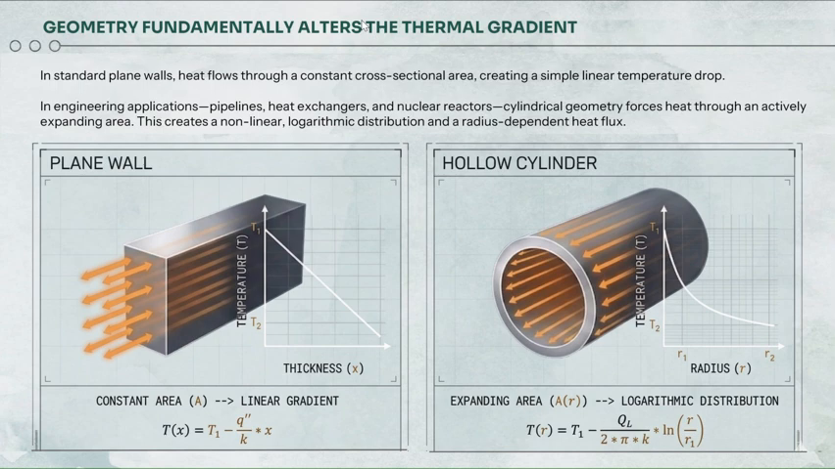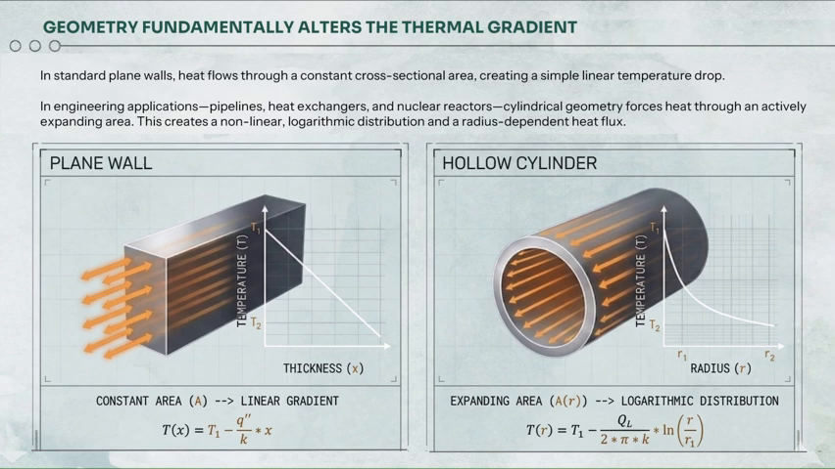In a simple plane wall, heat flows through a constant cross-sectional area, so temperature decreases linearly from one side to the other. However, in cylindrical systems like a pipe, the situation is different. Here the area through which heat flows is not constant. It depends on the radius, and